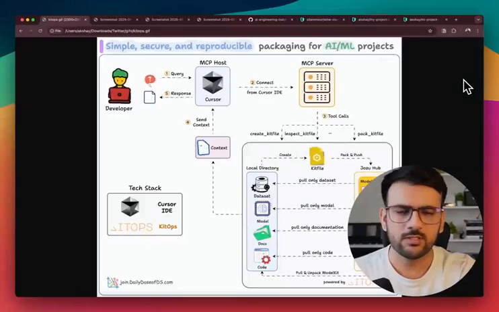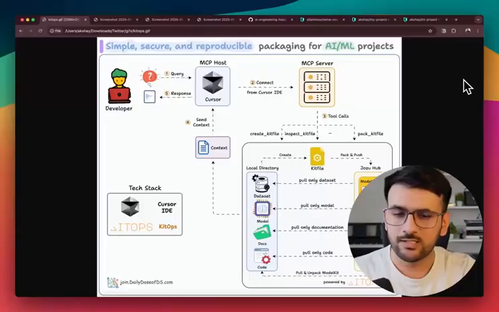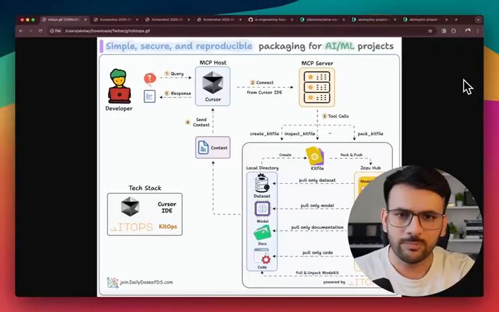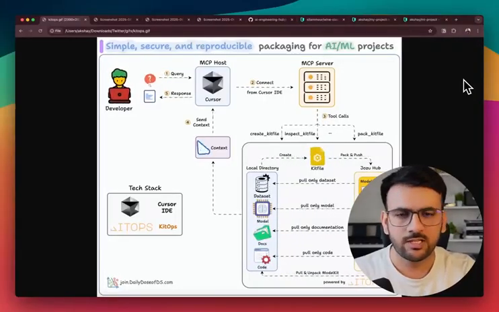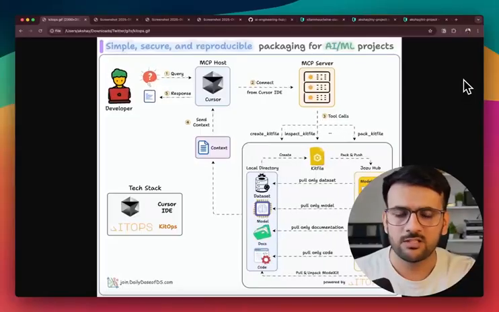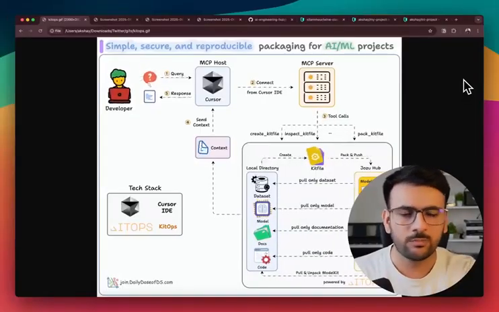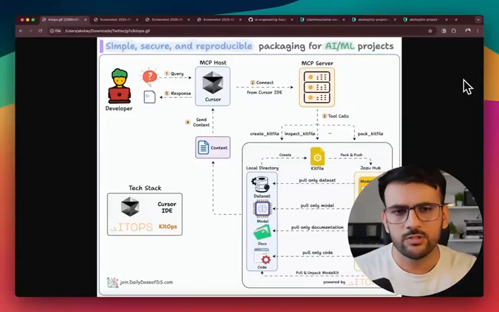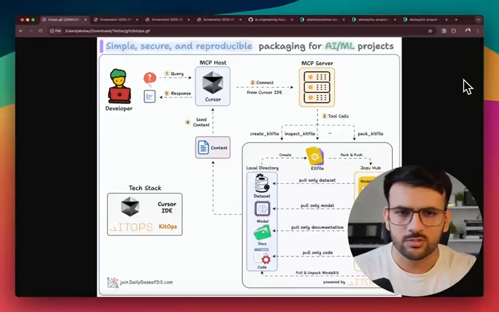Hey everyone, welcome to this video, and today I'm going to show you how to build an MCP server that lets you package, manage and collaborate over large AIML projects in a seamless manner. So if you're an AIML engineer, make sure that you watch this video because this is going to make your life a lot easier. Today I'm going to introduce you to KitOps, which is a 100% open source packaging solution